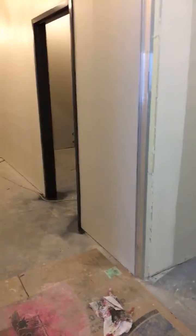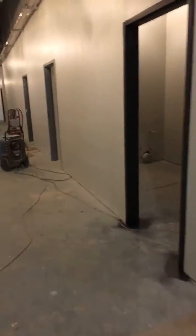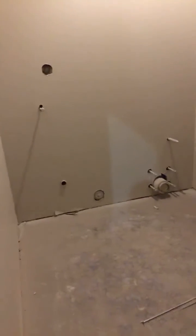Hey, Amanda. These will also be in the backstage areas in the sanctuary. So right here, inside this door, is a little family bathroom. Just on the other side of this wall is the main men's bathroom that serves the fellowship area. But this is going to be a small family bathroom area inside the secure